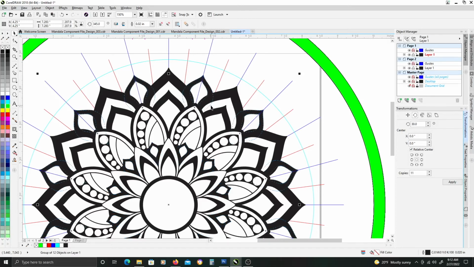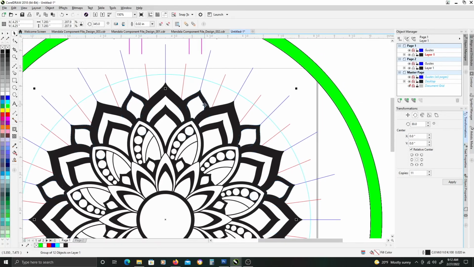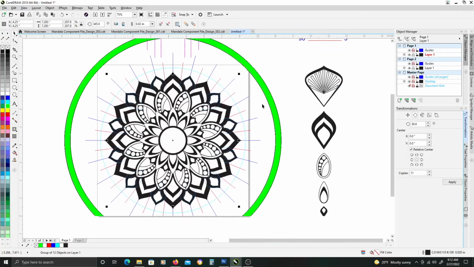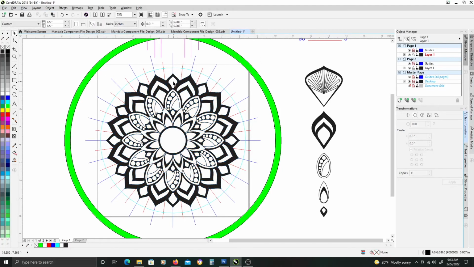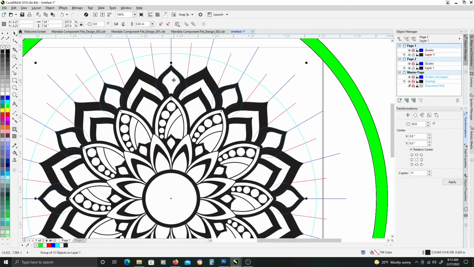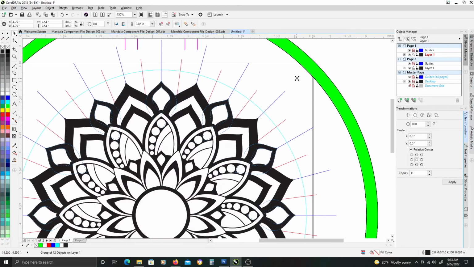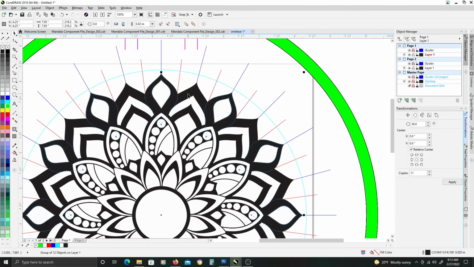I'm going to shift page down, and actually what I want to do, we're going to rotate -15 degrees, or yeah, get it set back to center here,